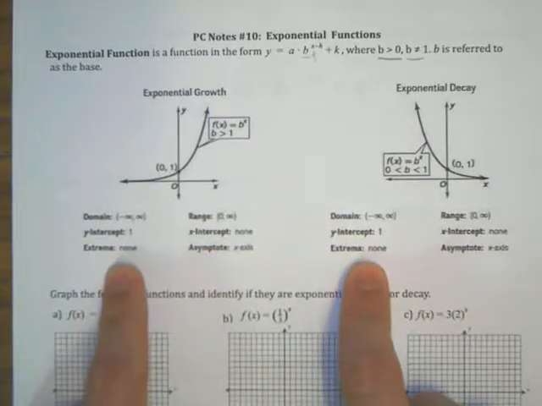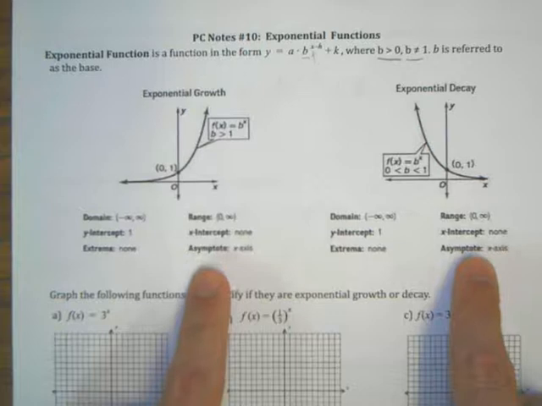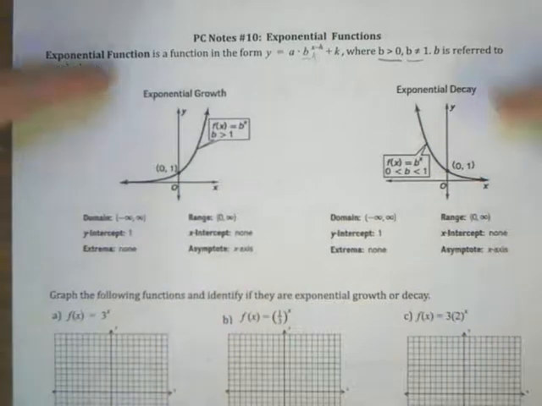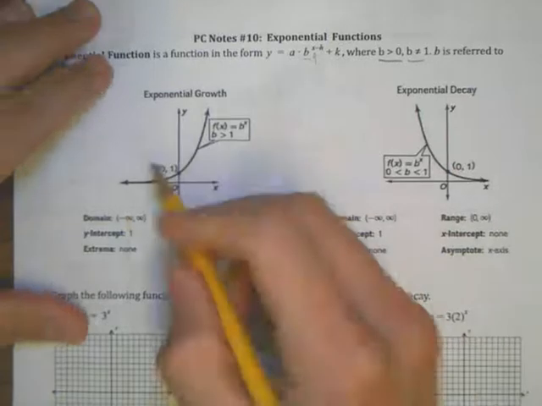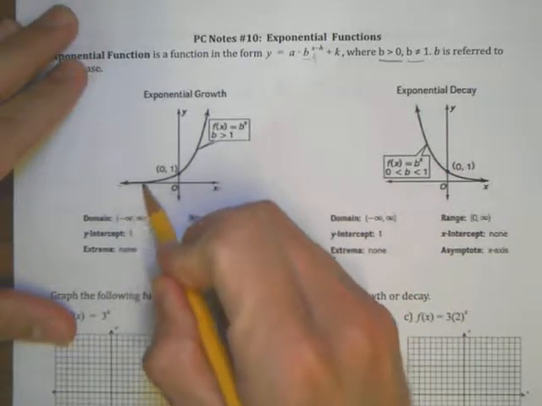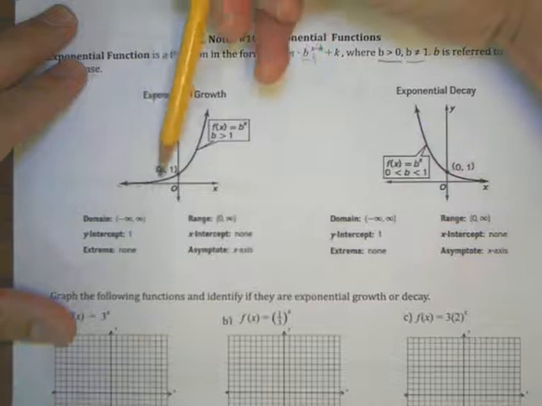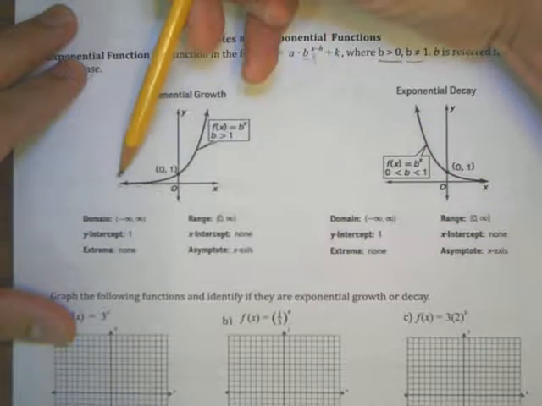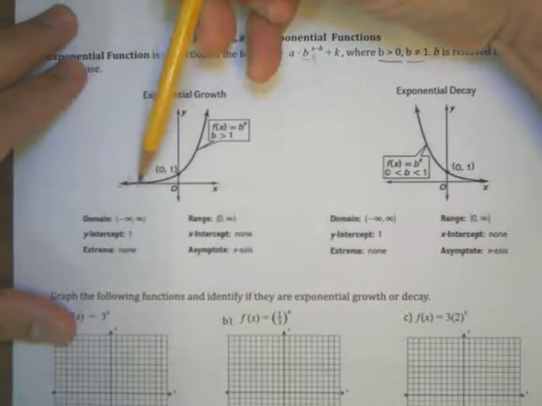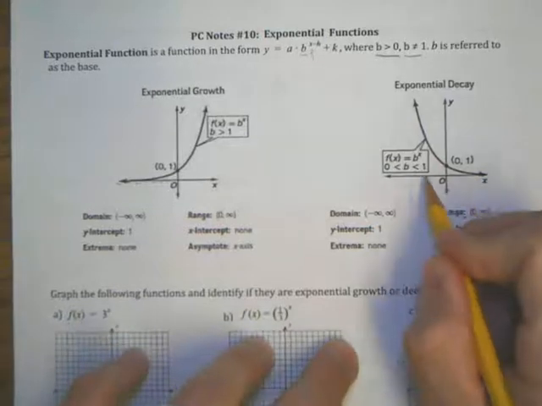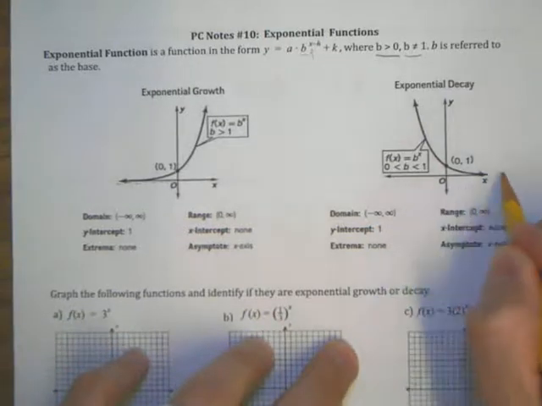Asymptote. Back again. This is just like the asymptotes in our hyperbolas. These functions will always approach but never touch this asymptote, and it is the x-axis. So there, imagine that dotted line on the x-axis. It's getting closer and closer and closer, going in the negative infinity direction for x, but it will never touch it. Over here, if we're going closer and closer to the positive infinity for x, but never touch it